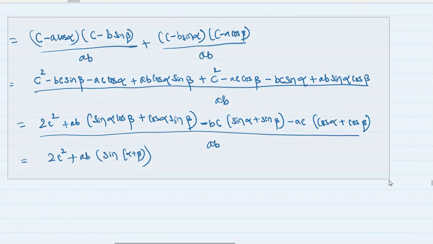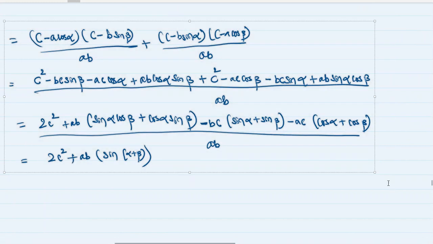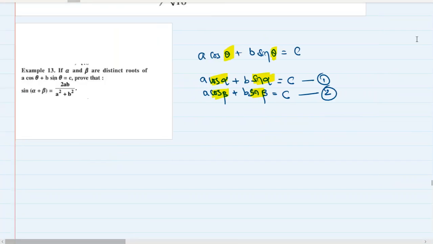This will happen multiple times with you, and you are free to try and try again. There is no shame in that. Now let's think of something else. How can we get the value of sine of alpha plus beta in terms of a, b and c? Oh, sorry, there is no c actually, in terms of a and b.